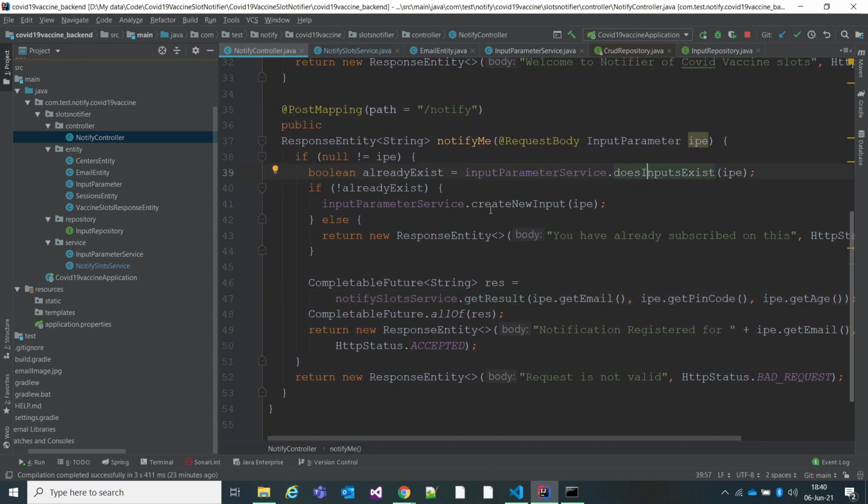If you are not using it here, I'm just taking the inputs I have created. If I don't store them in a database, I won't know what I have subscribed to, and whether I have already subscribed to that particular service or not. And later on, to extend this, I can use this database.